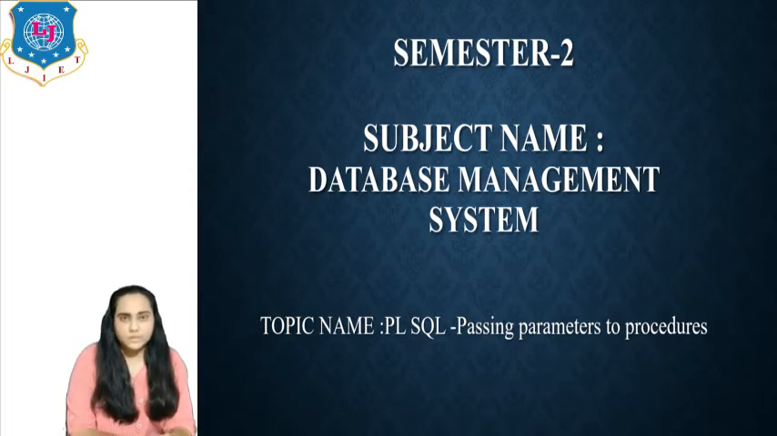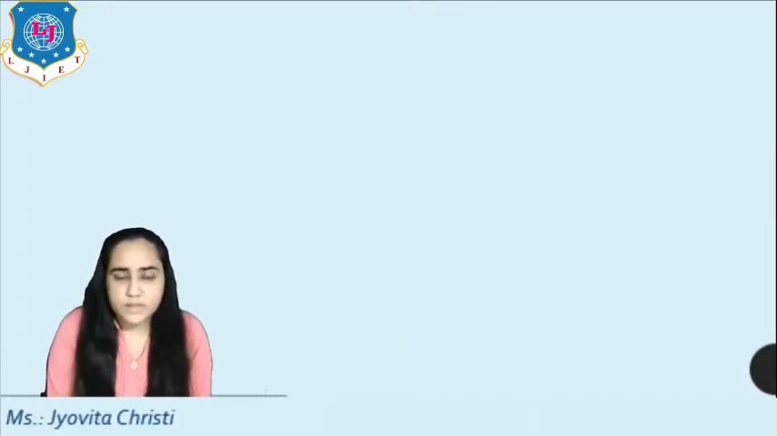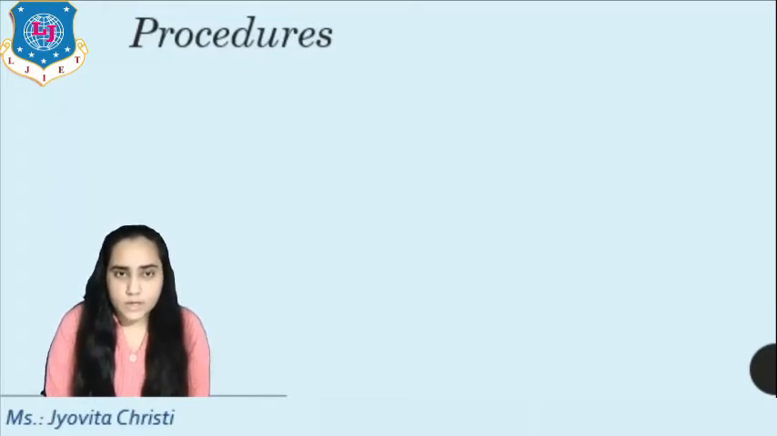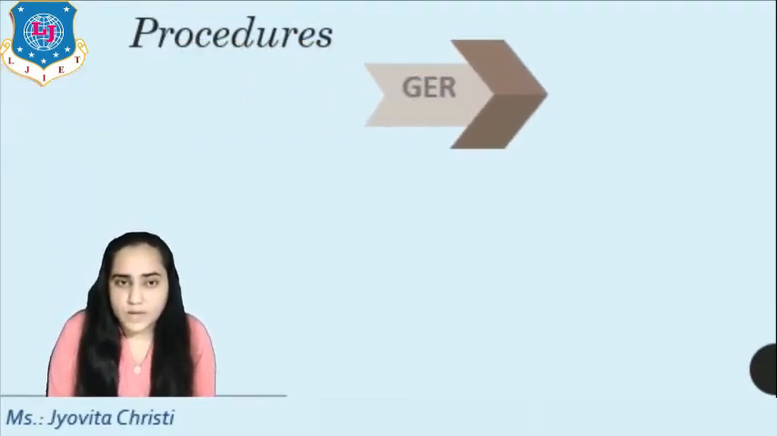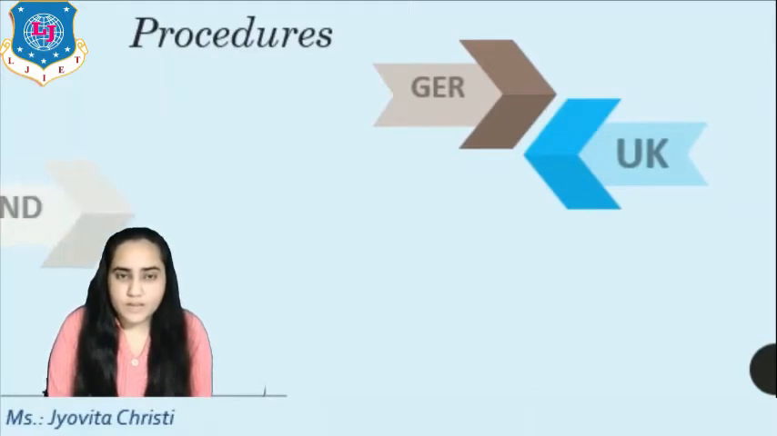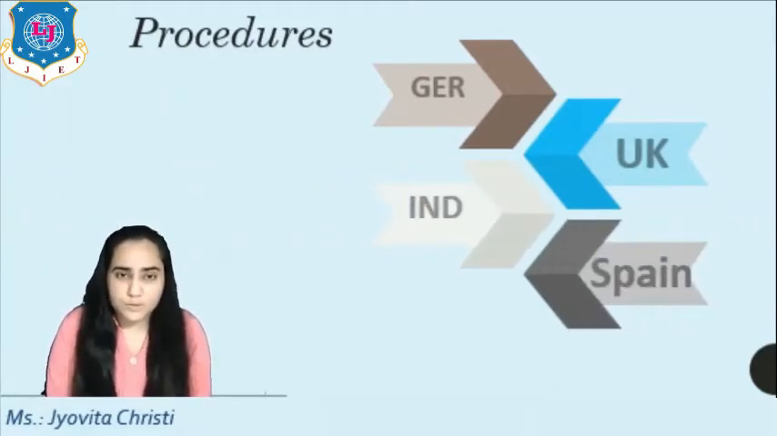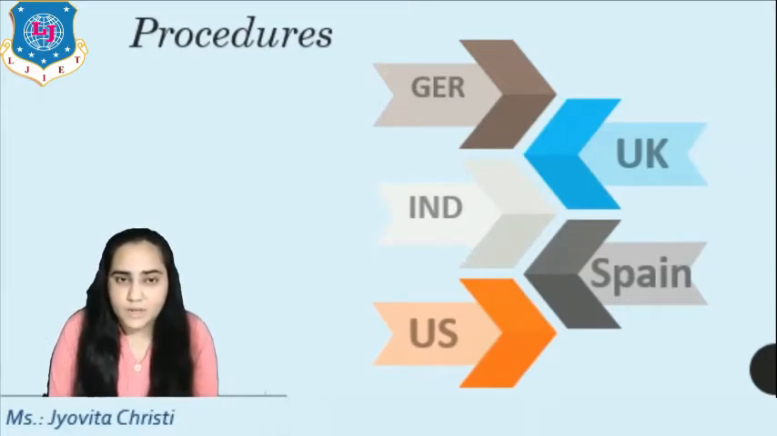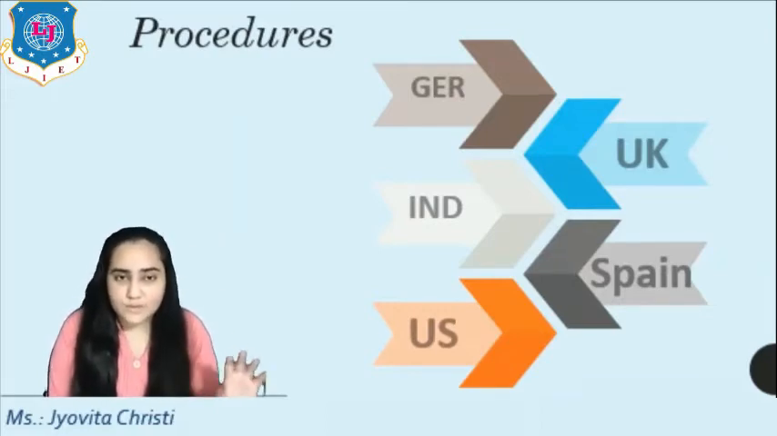I'm Jivita Christie, and in this video, I'm going to explain to you how you can add parameters to procedures. So let's begin. Now consider the possibility that you might have several people coming to your application from different locations, and instead of saying hello world or hello universe, you might want to say hello and then the name of the location of that person. For example, if somebody is coming from Germany, you might want to say hello Germany instead of saying hello world